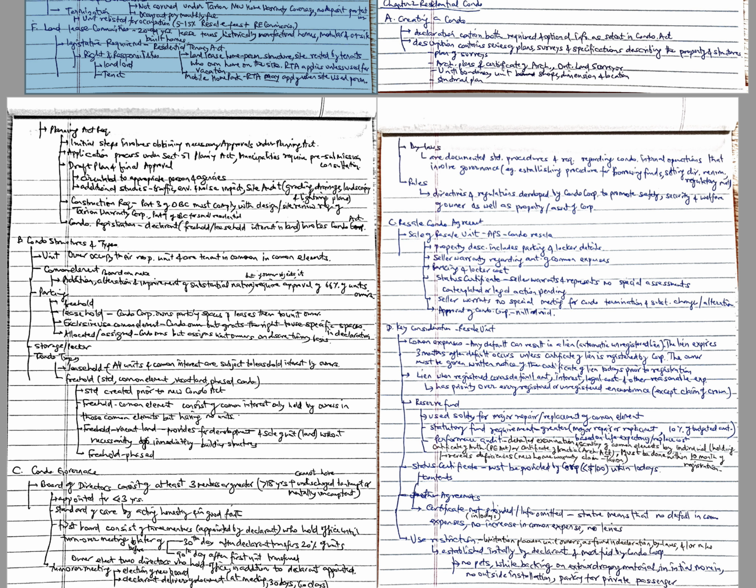The right to register a lien for common expense arrears was previously limited to residential condominiums in prior legislation and now includes non-residential condominiums. So any default can result in an automatic unregistered lien. This lien expires 3 months after the default occurs, unless the certificate of lien is registered by the corporation.